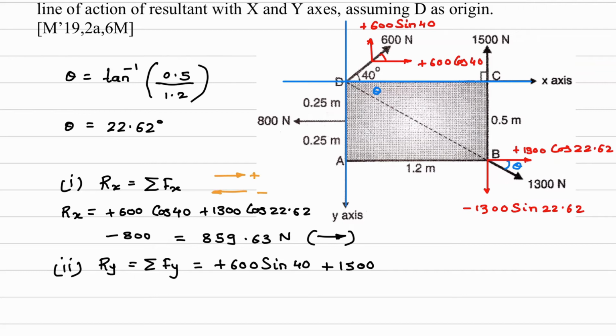Go in sequence, otherwise you will forget. Next one is this one, minus 1300 sine 22.62, and 800 Newton is horizontal, so it won't be having any vertical component. So from here we will get Ry value. So Ry is equal to